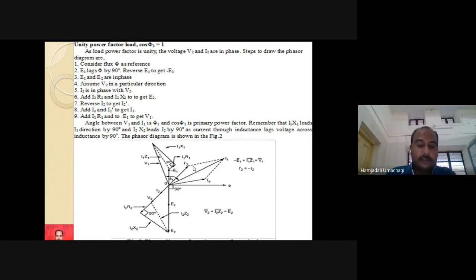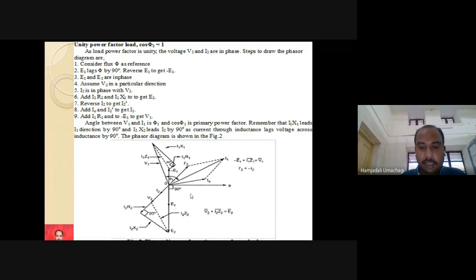Is it clear, all of you? What you can do is follow these steps and accordingly trace the phasor diagram. At first you may feel it is somewhat difficult or confusing, but don't worry. Just read these steps and analyze the phasor diagram, then you will come to know. Prasanna, just wait for 5 to 10 minutes. Go through all those things one by one as per the given steps.